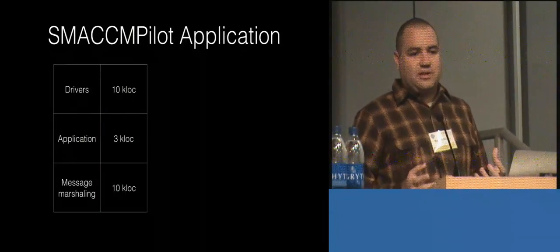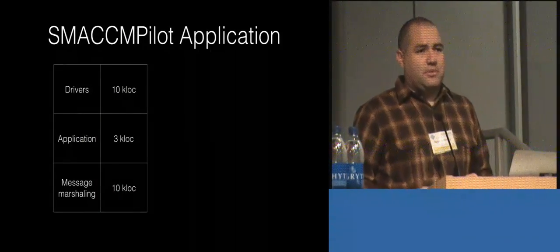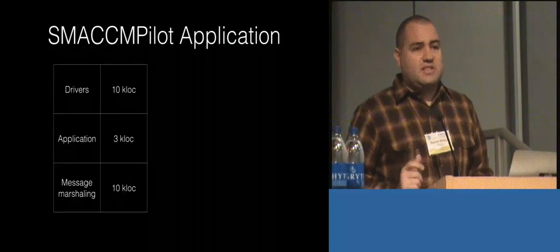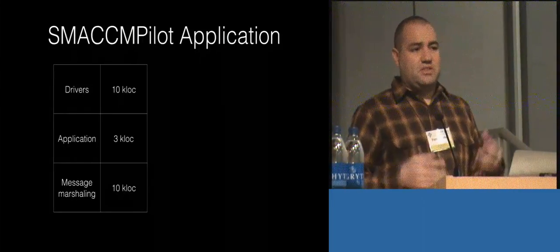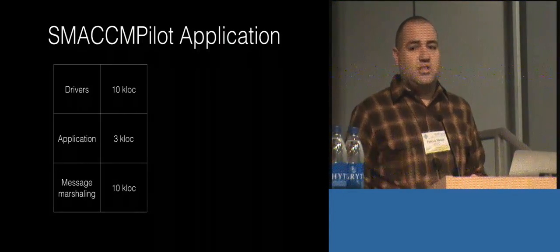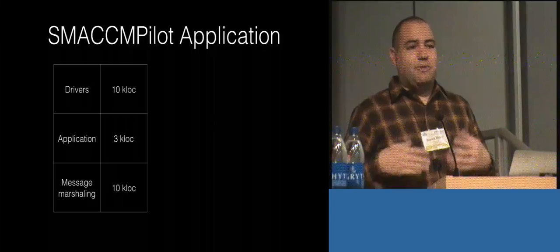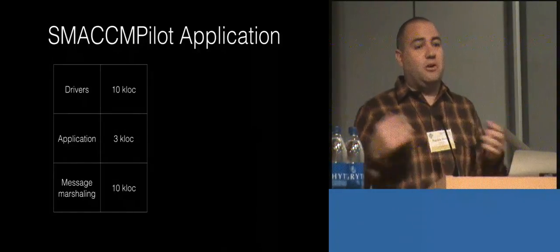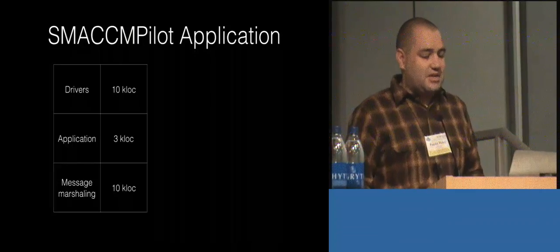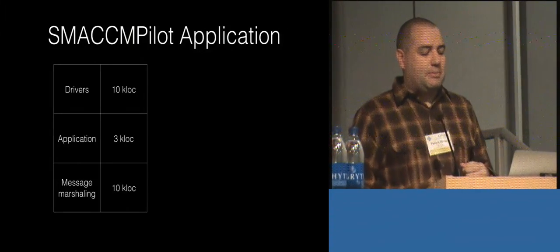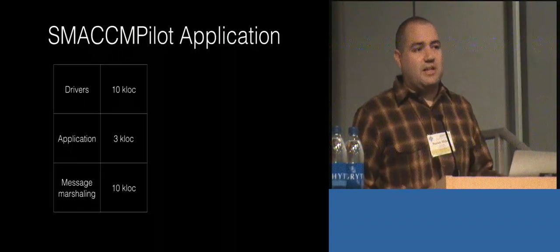So to talk about how much Ivory code we ended up writing, the bulk of your engineering in these low-level embedded systems is in the drivers. You get this chip, you get a document from the manufacturer describing the low-level register level of the chip, and that's it. Everything else you have to build yourself. I mean, you can use existing libraries when you're in C, but there are none in Ivory, of course. So building those drivers was the initial, really big effort. For our first set of code, that was about 10,000 lines.